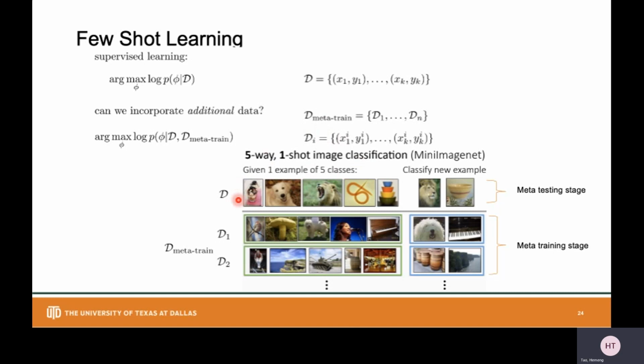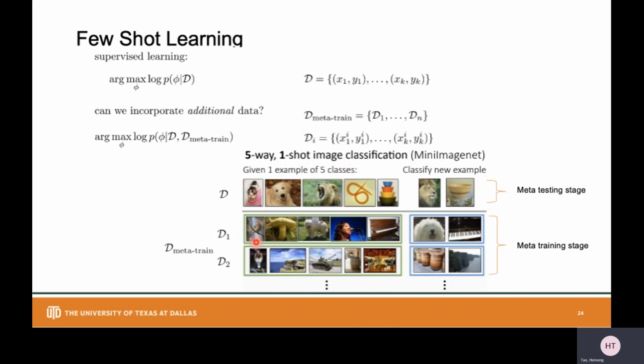The goal of meta-learning is to utilize a large amount of meta-train sets. Those are the meta-train sets. It can be hundreds, thousands, right? The goal is to use them to help predict the classification task in D. You can say that D is our target classification task. It can be one, or it also can be multiple target tasks. Here they have a very similar task structure. They are all five-way classification, and each class has one labeled data, right?